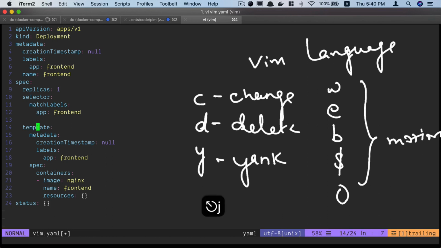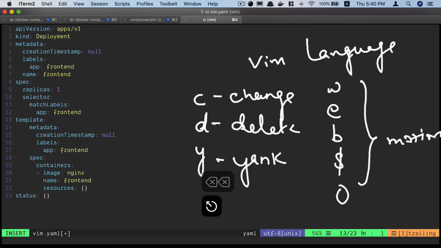But let's say your indentation was disturbed, like let's say this was something like this and the indentation is wrong. You can just place your cursor at the beginning of the word and press shift and the bracket, the direction in which you want to go, press that two times and it will tab out that word. Similarly, if you want to go back, you can just use the less than symbol and it will tab in the reverse direction, tab in the forward direction.